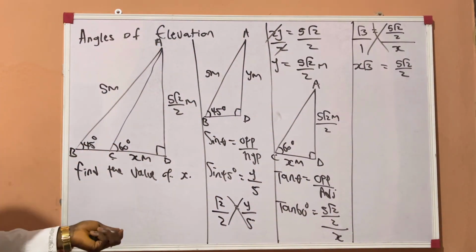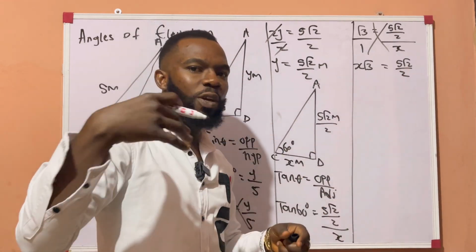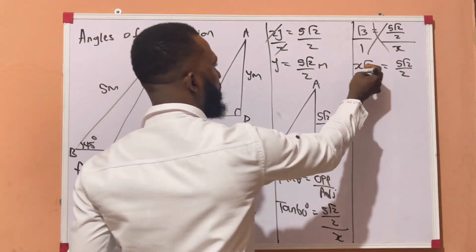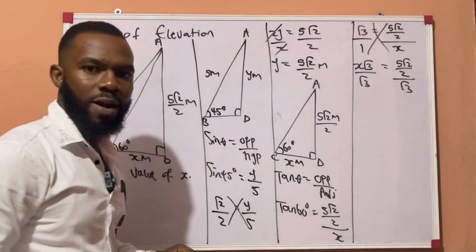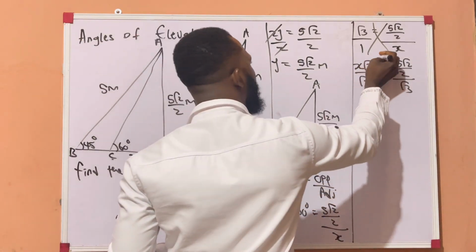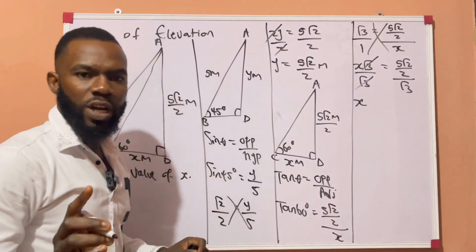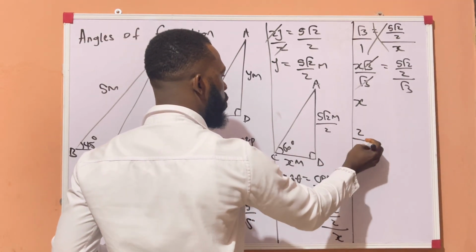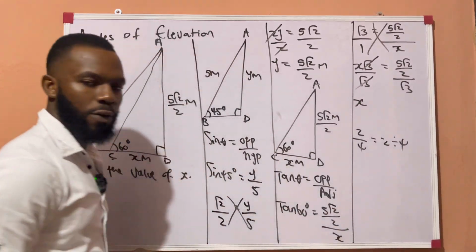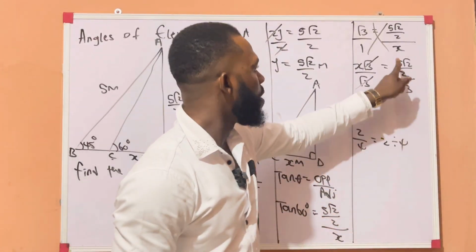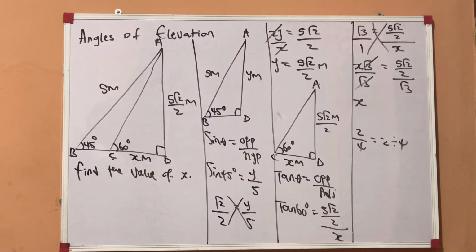Alright, so what are we going to do now? We're going to divide both sides by root 3 so that x becomes the subject of the formula. So here becomes over root 3 and here becomes over root 3. Alright, so if we do this, when root 3 cancels out root 3, what do I have left? x. Now mind you, when you say 2 over 4, it also means 2 divided by 4. Alright, so if I should say 5 root 2 over 2 divided by root 3, it can also be written as,